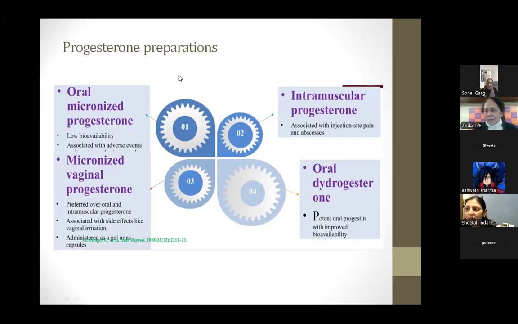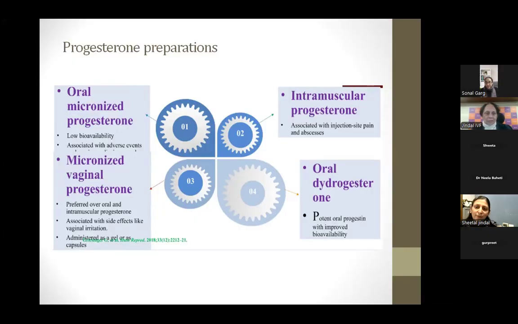Because most of the gynecologists, when they see the prescriptions of ART specialists after luteal phase, get shocked that so many medicines are being prescribed. So, what do you think? Yeah, so I will just come to those controversies which are there. I'll try to enumerate them. Whether you want to give two routes, you want to give one route, because we have a lot of preparations which are available to us, and I would just try to clarify on that also.